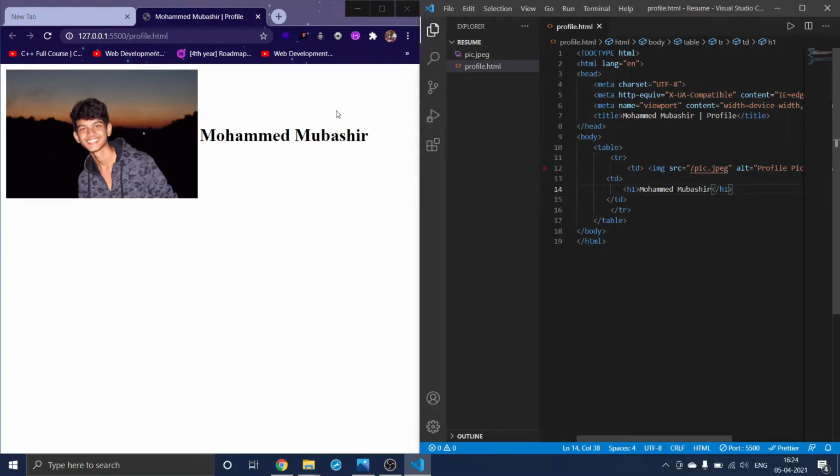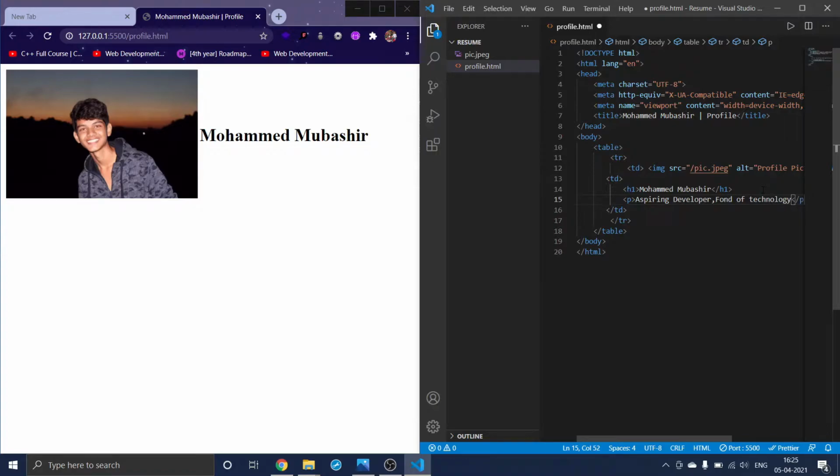And then I need a small paragraph that tells about me. So I will use a p tag here inside the td, and I will write something like aspiring developer, and something like fond of technology.